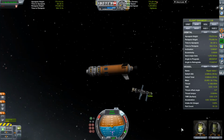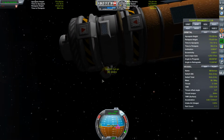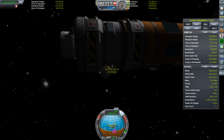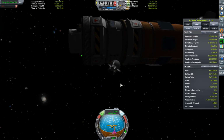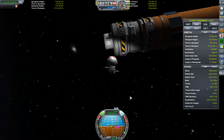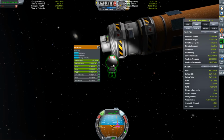So we're gonna take Bill Kerman, and he's gonna go on an EVA. There he is. He has escaped the, let's see here, press L for light. Didn't do much there really. Okay, we're gonna have to do with what we have here. So let's see, we're gonna press spacebar to let go, press R for RCS, and back him out of here. Gonna go up to the can here, or actually we're gonna just stop for a minute, see if he can float freely here for just a sec, and we're gonna right click and go to